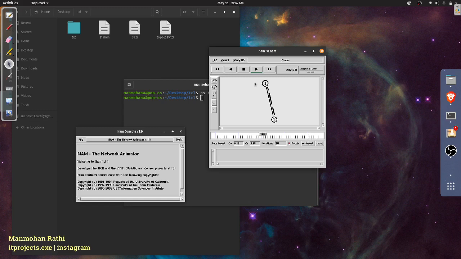Also, we created a duplex link, right? So that means that we can send data both ways. Let's try that. Let's pause this and let's send data backwards. So as you can see, we can do that. So that is what duplex link means. And you can also create a one-sided link if you want.